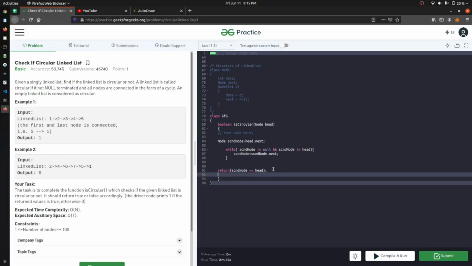If second node is double equal to head, it means that we are in a circular linked list. If that is not the case, then we have a loop inside our linked list.